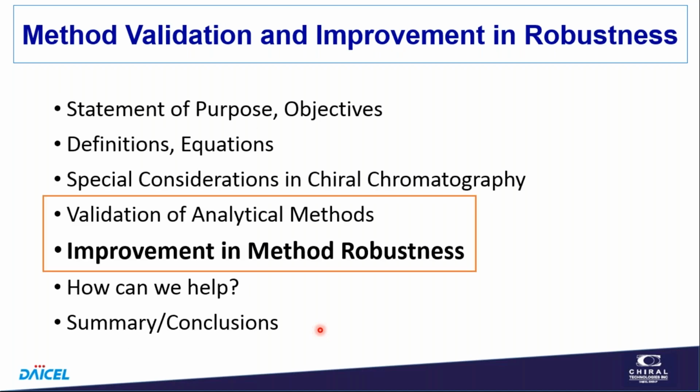Improve method robustness. I have these listed in this order, but I think as part of method development, you want to do the method robustness. You don't want that to be a test that you run later and are surprised by the results. In fact, I think you want to already know what's going to happen from validation. You should have already done some of the experiments around validation to know how well your method's going to work before you hand it off to the group that might validate the method. So the validation should really just be a formalization of what you already know. Method robustness, I think, is something that should be incorporated in your method development.